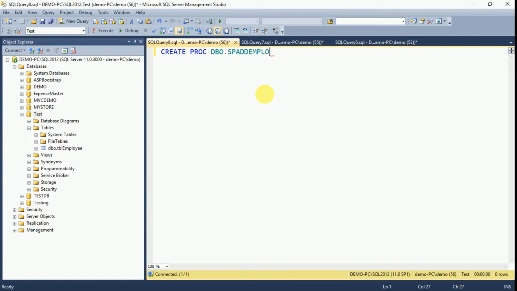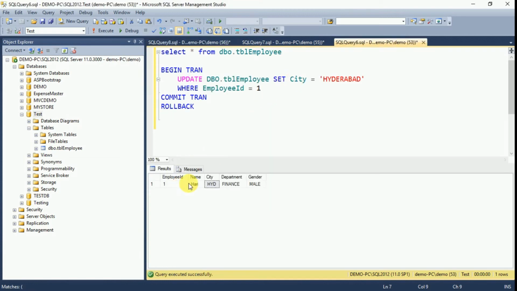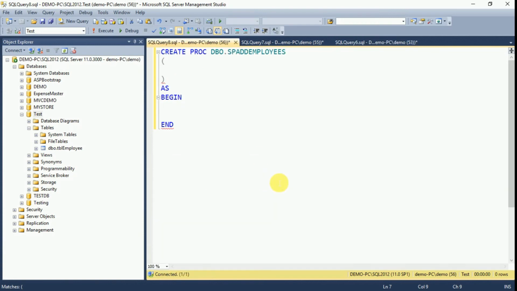Add employees. This is my stored procedure name. It will begin here and I want to provide a few parameters to insert the data. So here we have columns like name, city, department and gender.